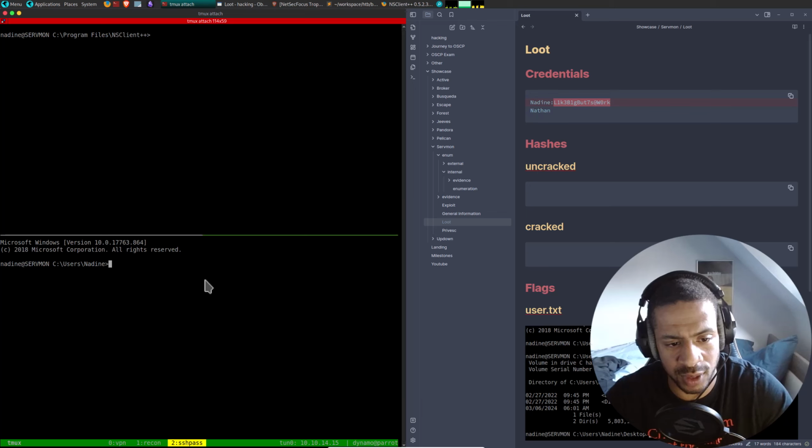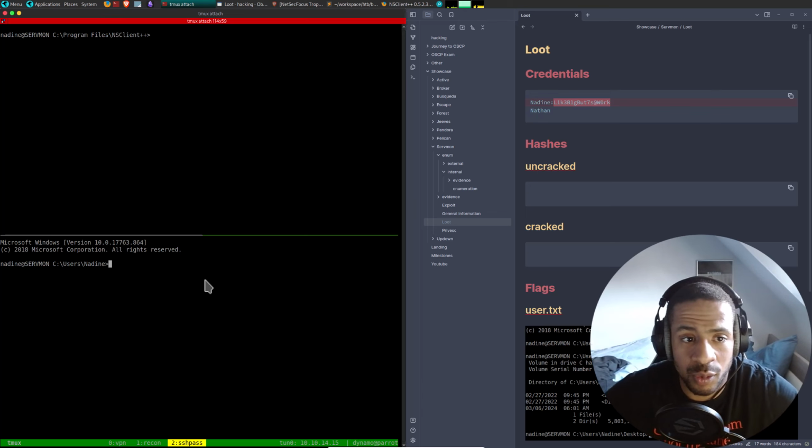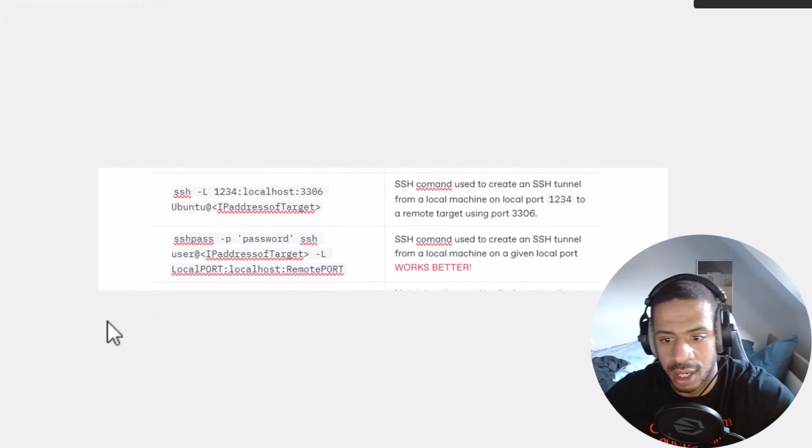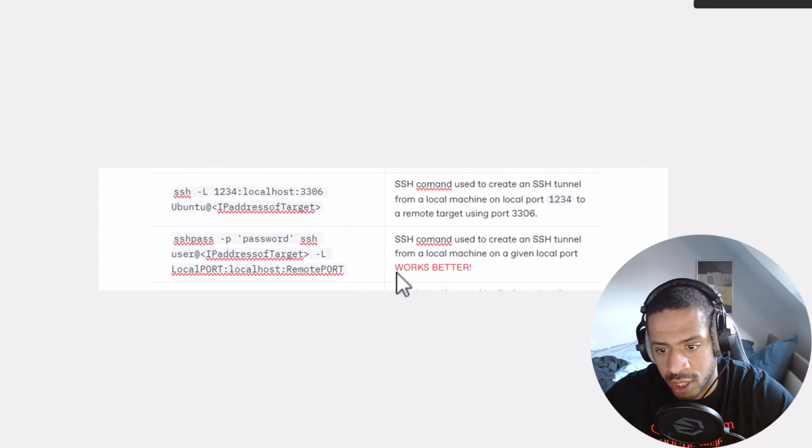It's non-interactive. It doesn't ask you for the password one more time. So both work. I can see in my notes I have both written there. I even wrote here, works better. So this is why I now use that one.